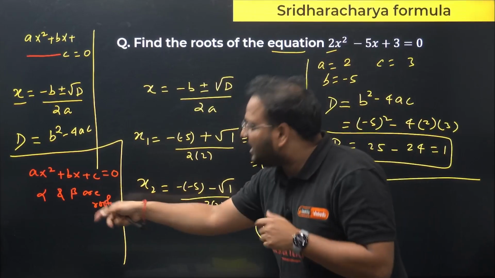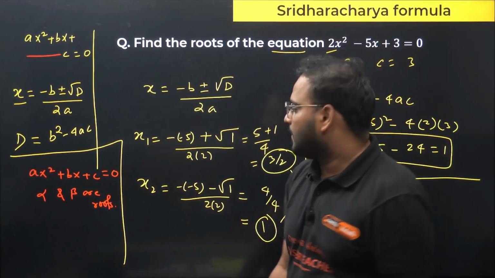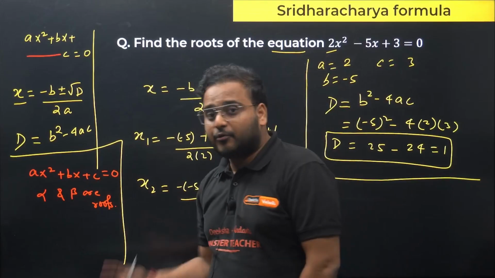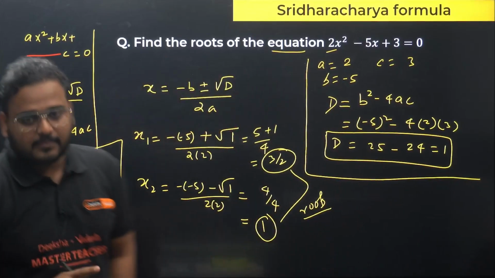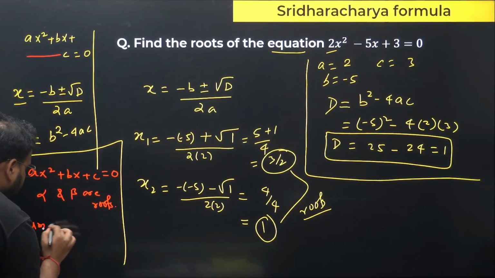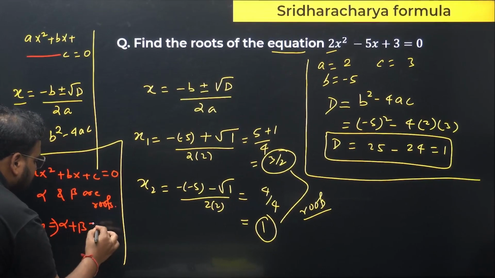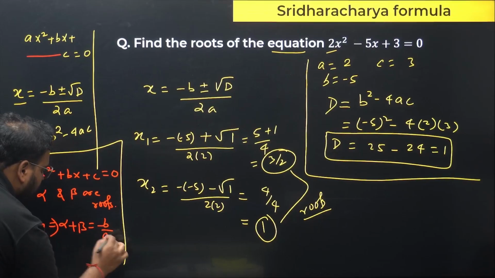So this alpha and beta in this particular case becomes roots. In the quadratic polynomial it is zeros. So those alpha beta, if you have that, the rule remains same. Sum of the roots and product of the roots. Sum will be given by alpha plus beta, and this is equals to minus b upon a,